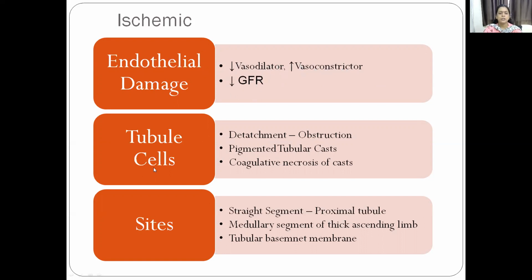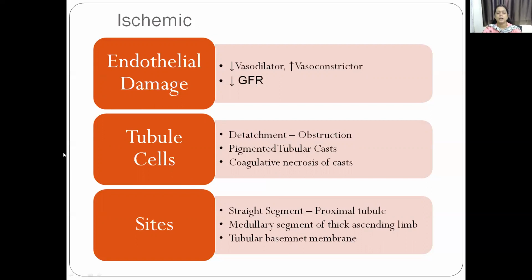Now, what happens to tubule cells? The tubular cells, I told you, get detached. There is obstruction, and they form the tubular pigmented cast. There can be coagulative necrosis of this cast occurring. So what is happening to the tubule cells, and what is happening to the endothelial cells? You have to know. Then the sites where the ischemic damage is common: the proximal tubule, the medullary segment of the thick ascending limb,